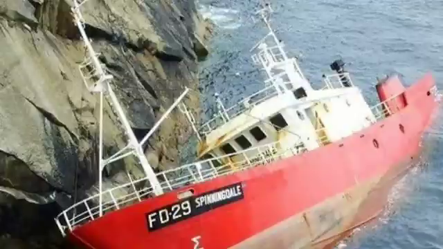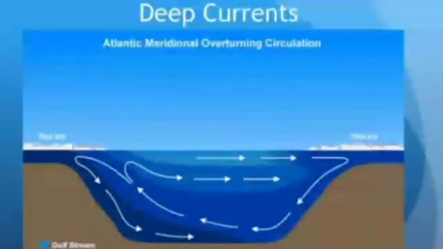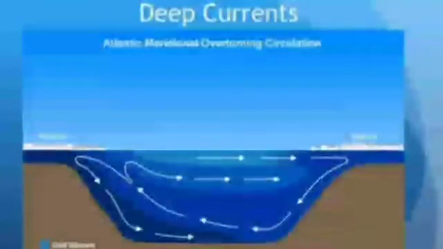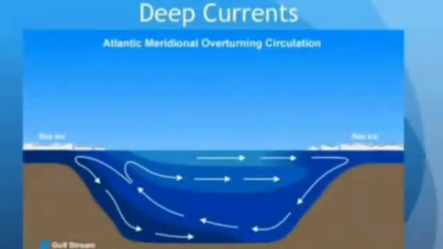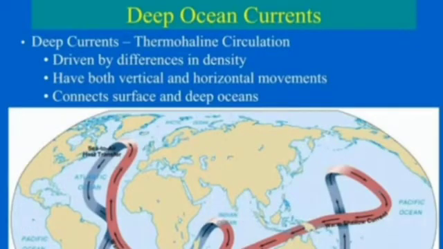Next is the deep water ocean currents, or the deep currents. Water currents beyond the depth of 500 meters are known as deep water ocean currents. These currents are formed due to the differences in the temperature and density of the water in different parts of the ocean. This is known as thermohaline circulation. Now see children, why is it known as thermohaline circulation? Because of the temperature and the density of water, the differences which are formed are known as thermohaline circulation. Keep this in mind, okay?